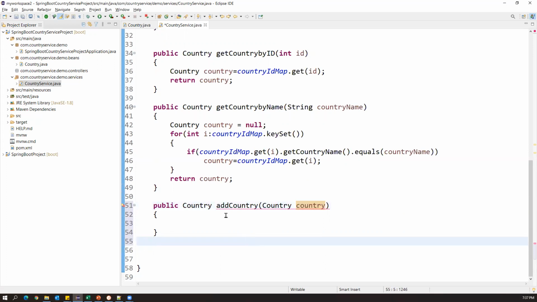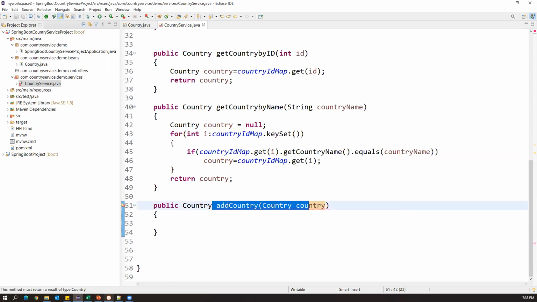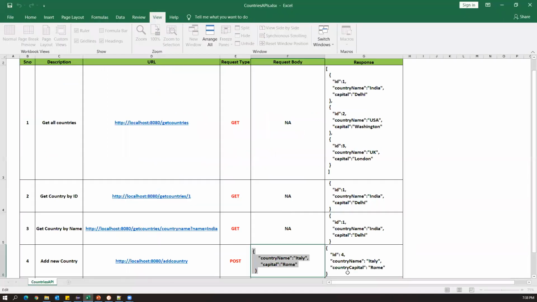Now in this method, when you add this country, if I go back to the implementation, this ID should be generated automatically, right? To generate this ID, before that we need to check what IDs are already available in the hash map. Let's say 1, 2, 3 are already available.